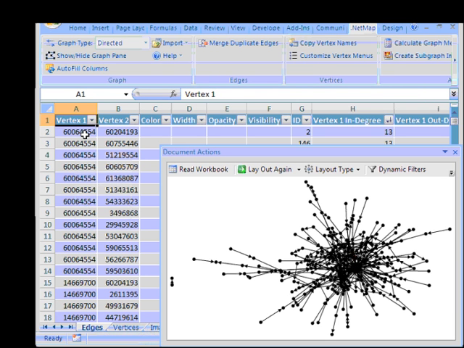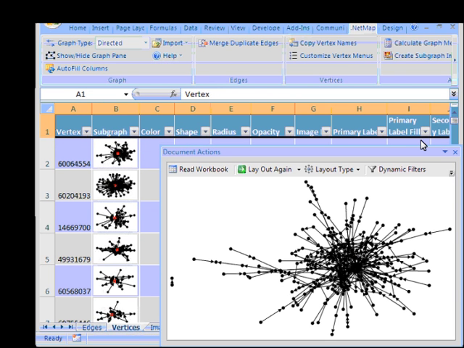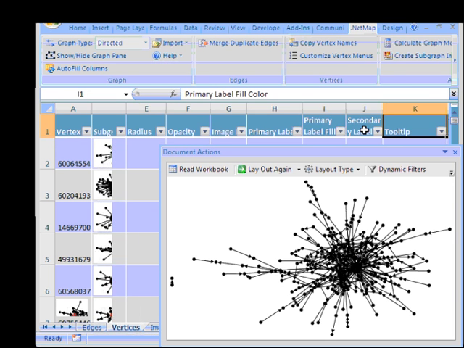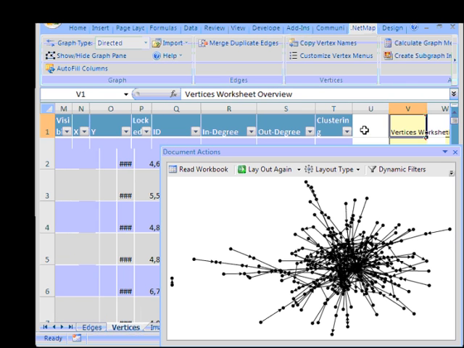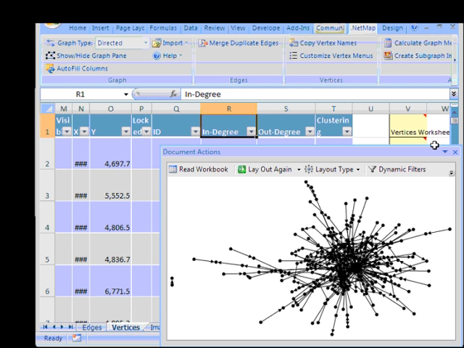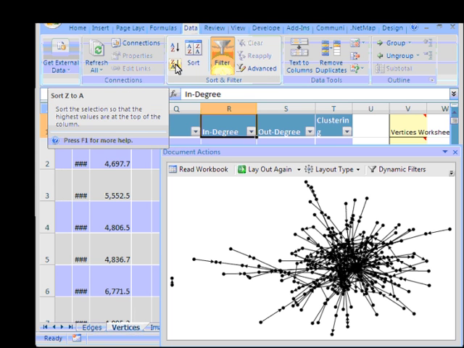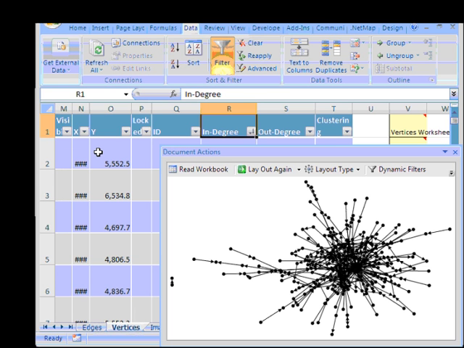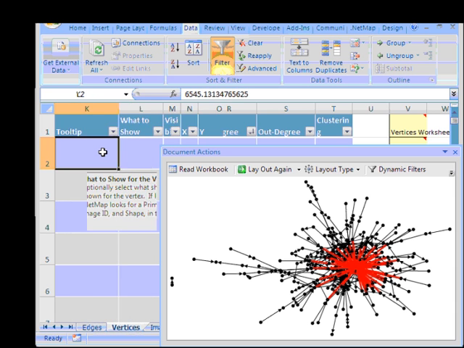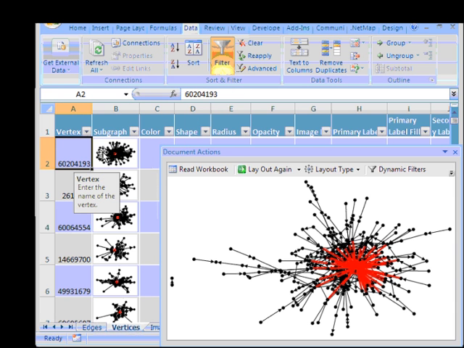Oh, that's why. I was in the wrong worksheet. If we come back here and go to in degree, we'll go to data and sort this by degree. And we should now be seeing people, yes, that's what I was hoping to see before.